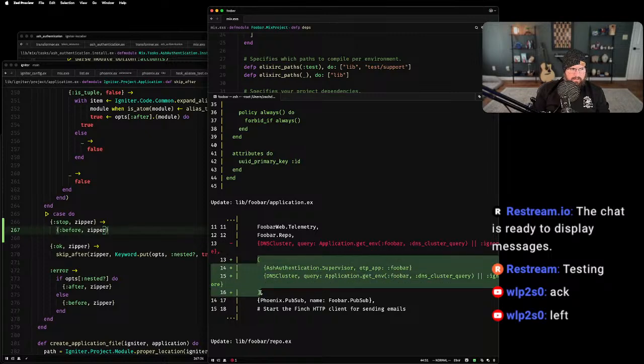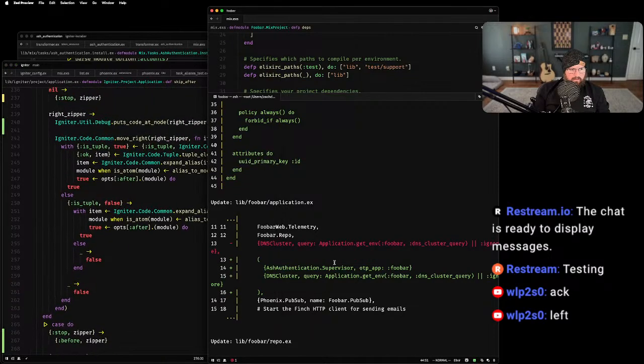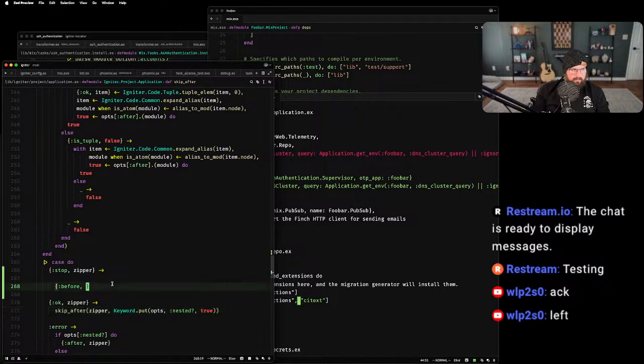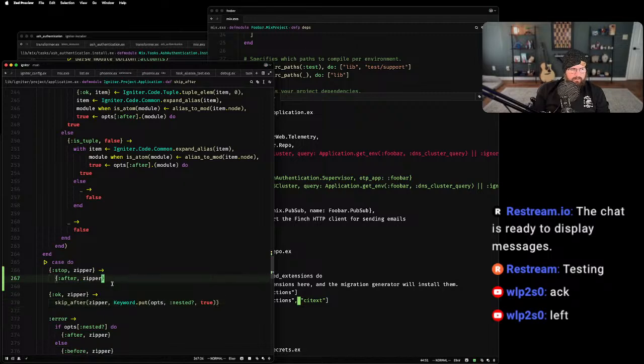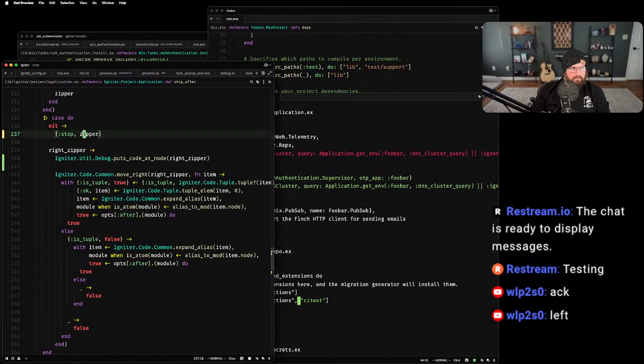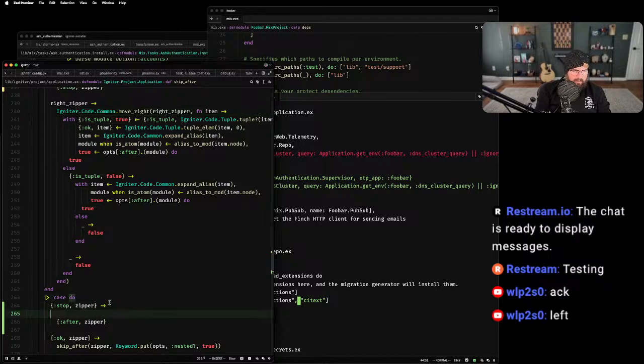See the way that this is... We're using, okay. So when we say after zipper, and then what happens, okay, this zipper, oh, no, yeah, this zipper here is not in the right place.